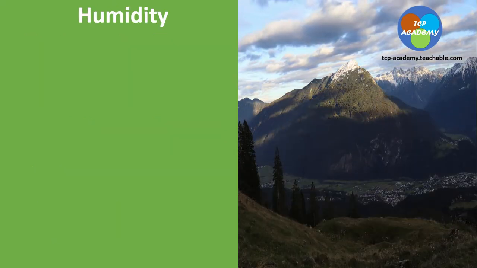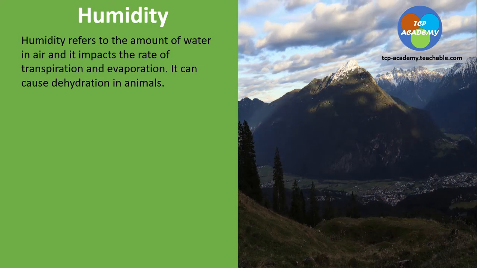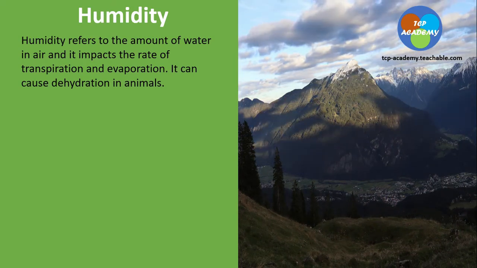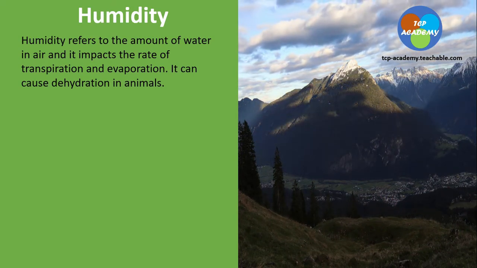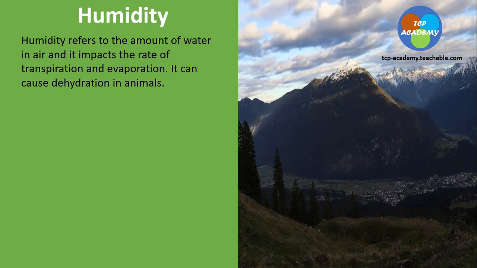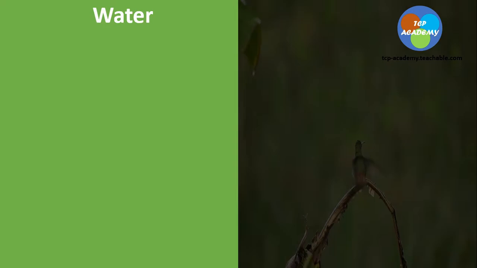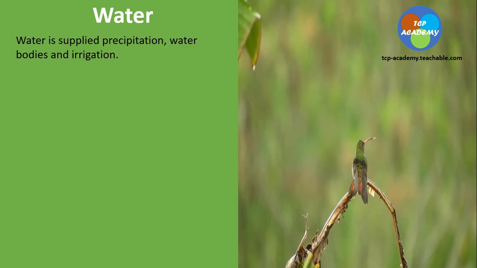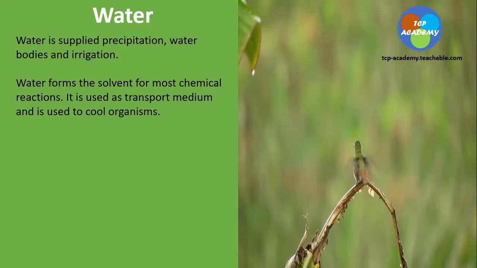Humidity is pretty much the amount of water particles suspended in the air, and it is very, very important for the distribution of organisms as it impacts transpiration and evaporation. It could also cause dehydration as organisms feeling like they're having enough water tend not to drink water, leading to dehydration. Water is supplied by precipitation, water bodies, and irrigation, and water forms the solvent for most chemical reactions,